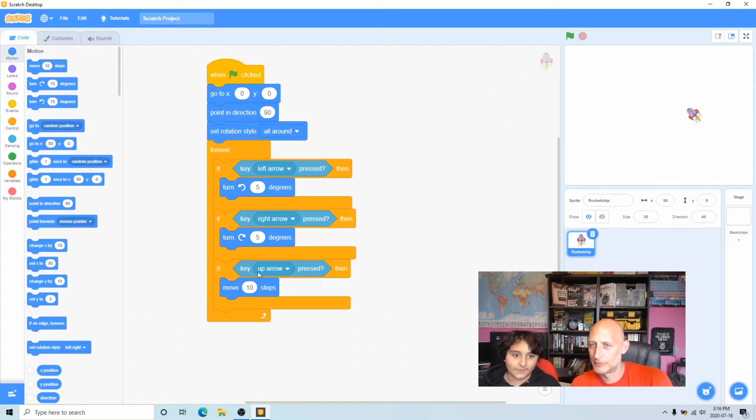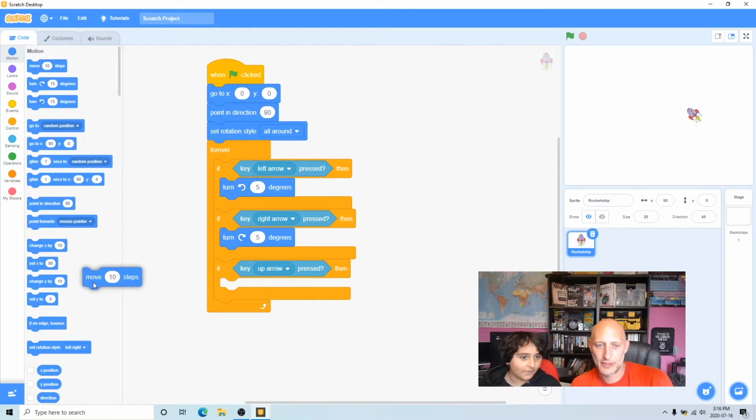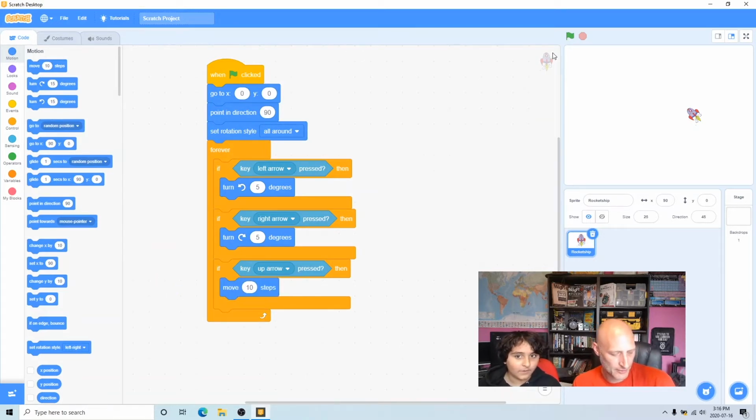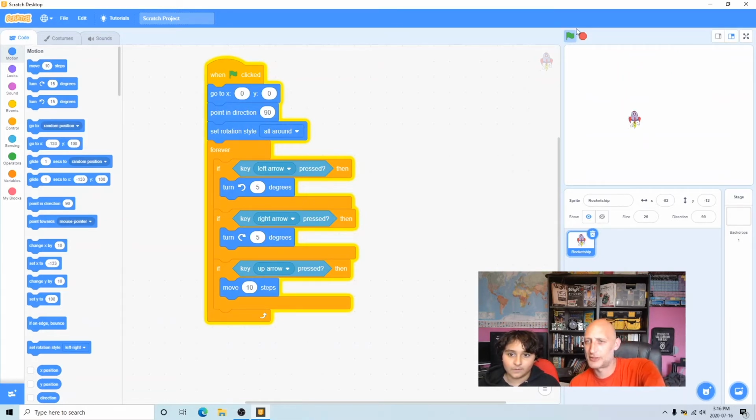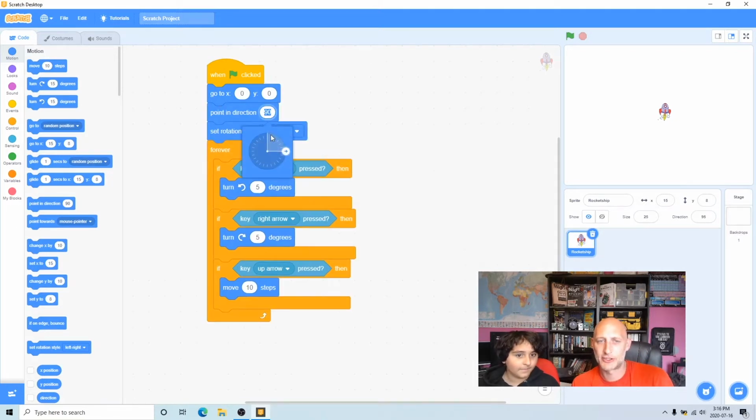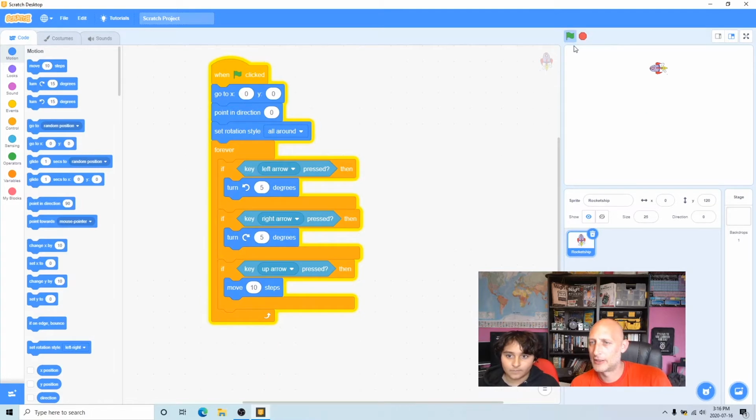I don't want to say move 10 steps, do I? Yeah, move should be fine. I think it's because you're starting off with a point in direction 90, is it? Try pointing direction 0. Hit the green flag. Alright, so our sprite's rotated the wrong way,